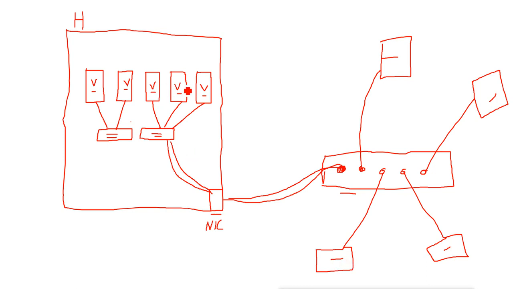So these virtual machines can communicate with the physical machines outside the physical host. They can go to the physical network if they have the external switch. Now if they have the internal switch, that means they can communicate within the virtual machines, that means they can communicate with each other. Then also they can do networking through the host, that means they can connect to the network and use the network to connect to the host itself.